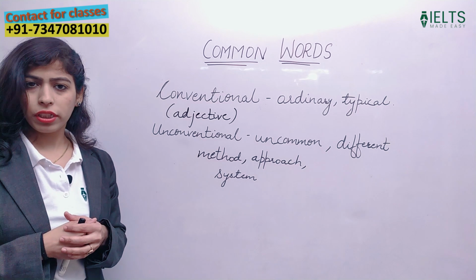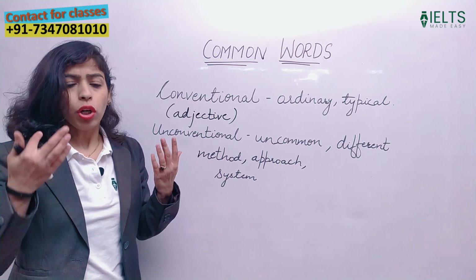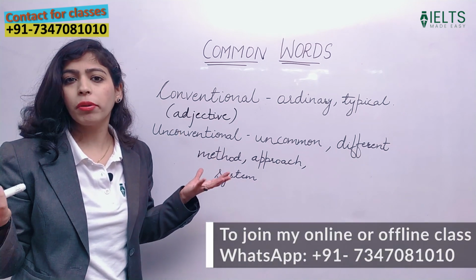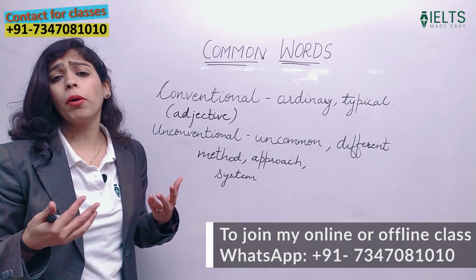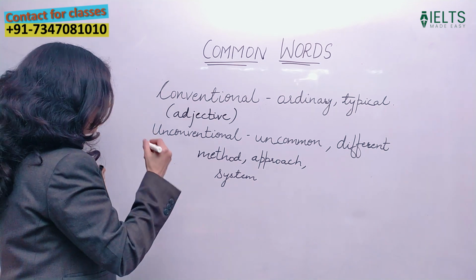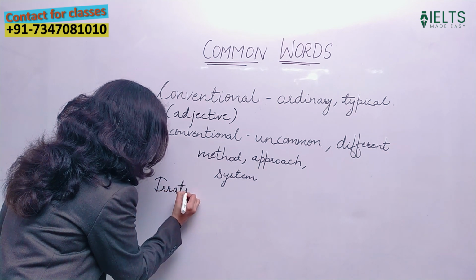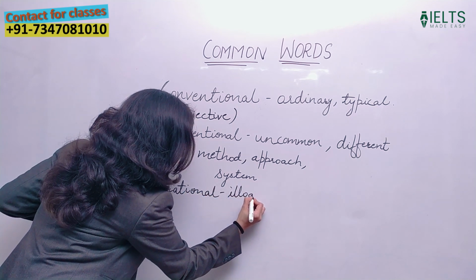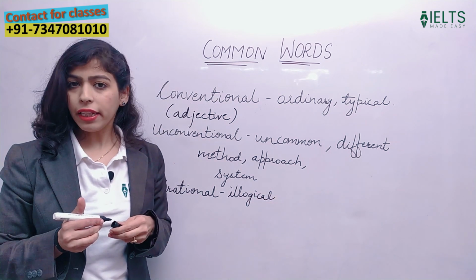I'll tell one more word here, that is irrational. Irrational is illogical. So due to irrational thinking of our modern society or due to irrational thinking of the masses, the problem is arising. क्योंकि irrational thinking है, so problem is arising, proliferating. So irrational means illogical. It is also an adjective, but it means illogical and it can be used with thinking, with perspective. We can use the word irrational.